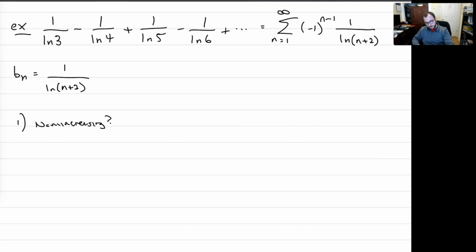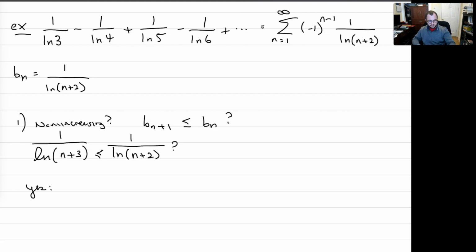Well, Bn plus 1 is less than or equal to Bn, i.e. is 1 over ln of n plus 3 less than or equal to